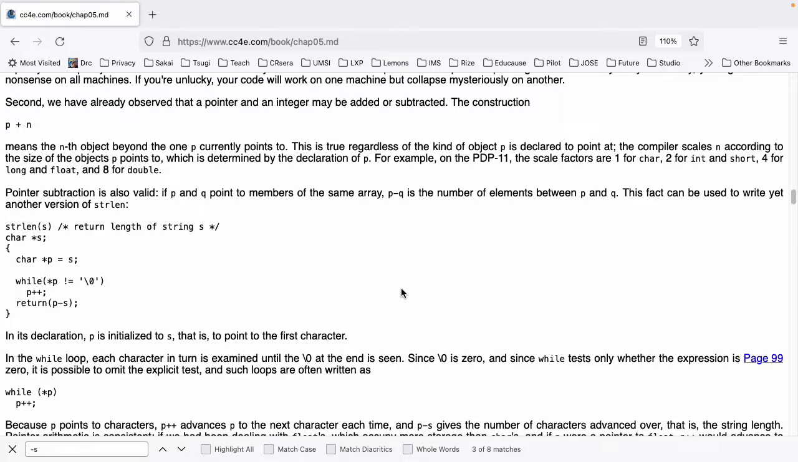strlen(s) char *s; { char *p = s; while (*p != '\0') p++; return (p - s); }